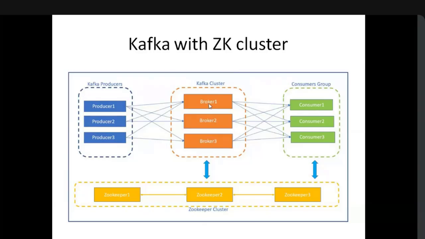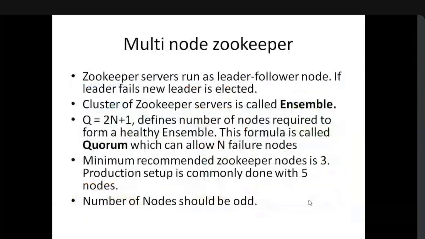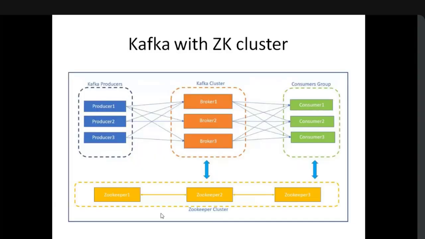So one partition will be called leader, and one or 2 partitions will be called follower, but these nodes are never called follower or leader. These all are brokers. We never say this is master, this is slave, or this is leader, this is follower. But in zookeeper, there will always be one node which will be leader, and another one will be follower. So that is the basic difference between the zookeeper cluster and the Kafka broker cluster, because zookeeper works on the concept of